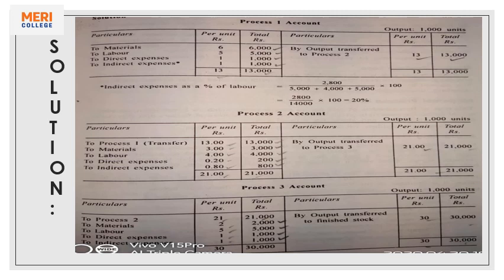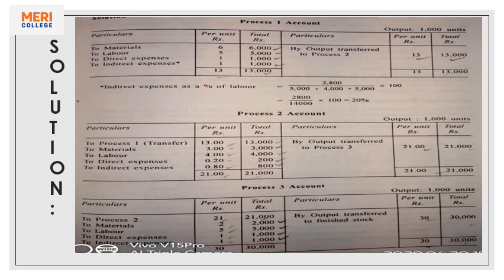Now, we have to apportion indirect expenses in the ratio of 5:4:5. So total expenditure, if you recall, was 2800. We will divide 2800 in this ratio. So after dividing 2800 in 3 parts, we'll get 1000 here, 800 here and 1000 rupees here. So this is a total cost we are incurring on each respective process. We'll transfer the total of process 1, that is 13,000 here. 13,000 is the total carry forward amount.